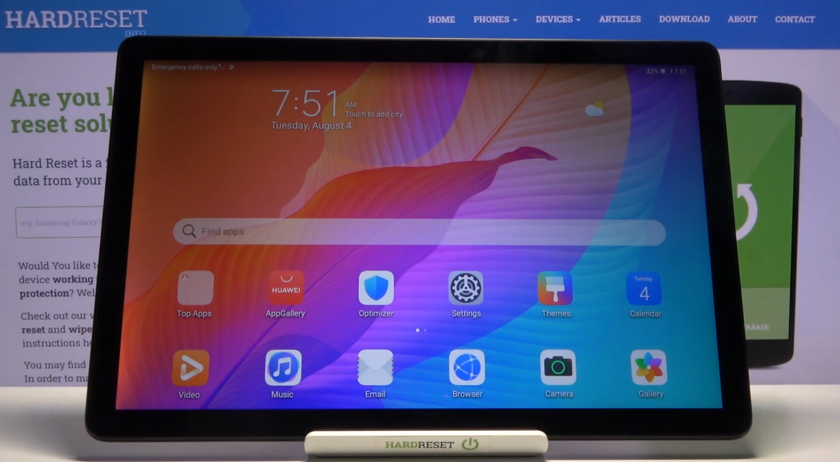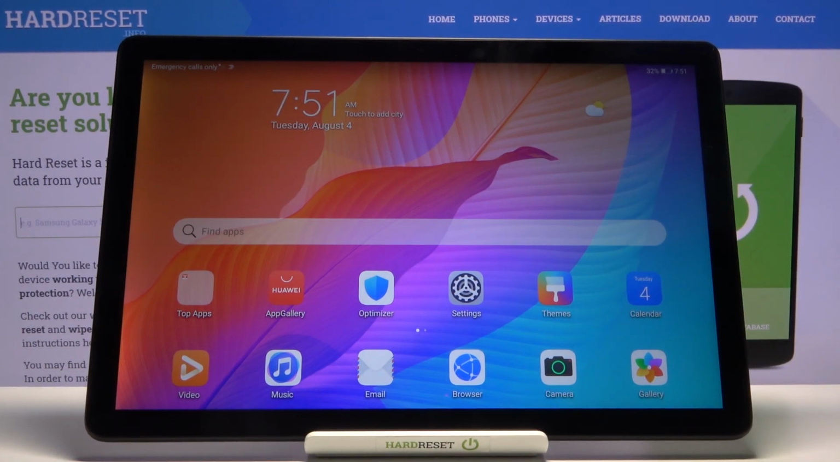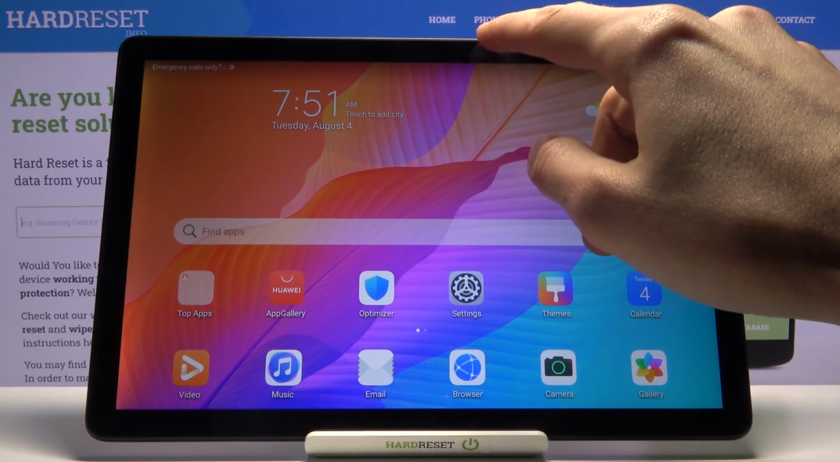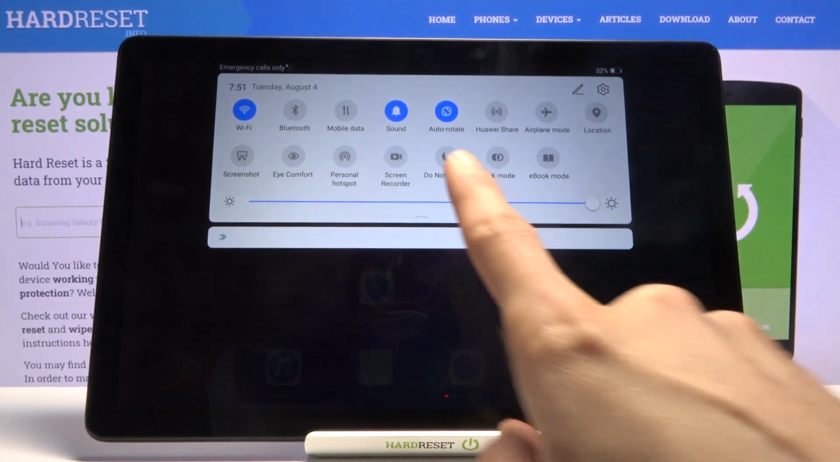Welcome, in front of me is a HUAWEI MatePad T10s, and today I will show you how to enable the Do Not Disturb mode along with setting it up. So to get started, let's pull down our notification panel, and in here you should see the Do Not Disturb